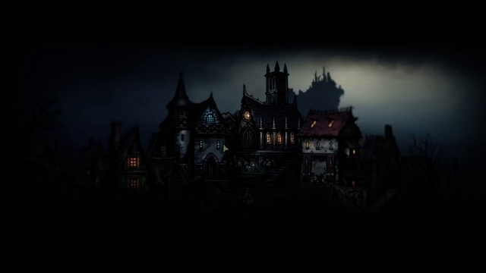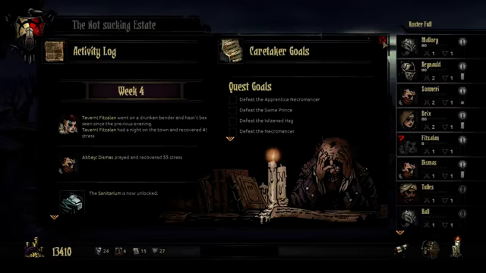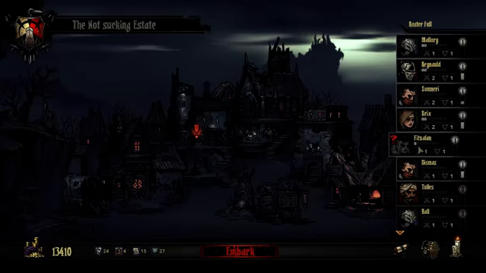So, first thing we always do is look at the coach to see if we can get some stuff. Oh, this person...